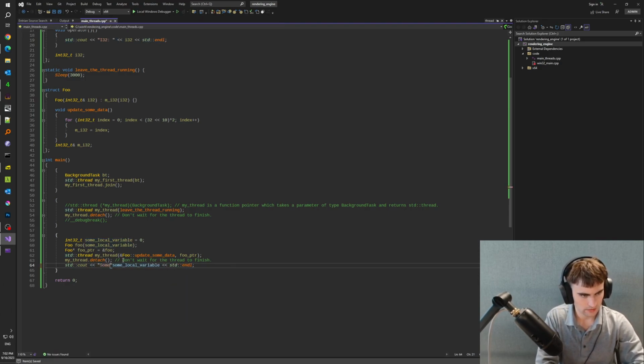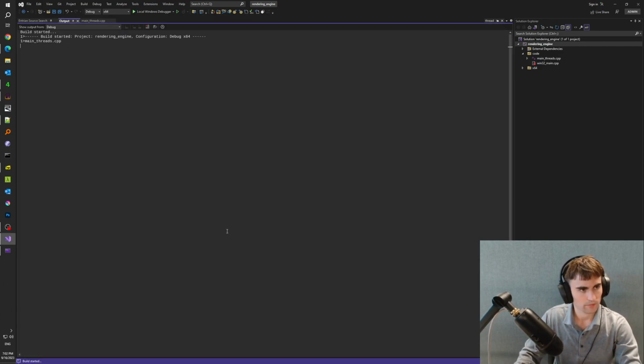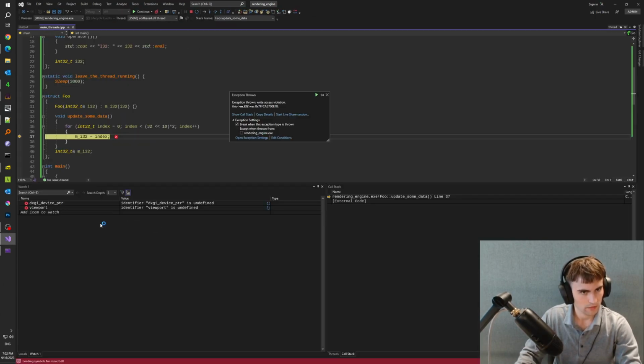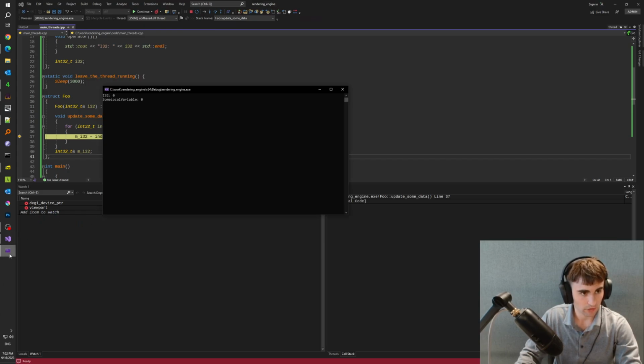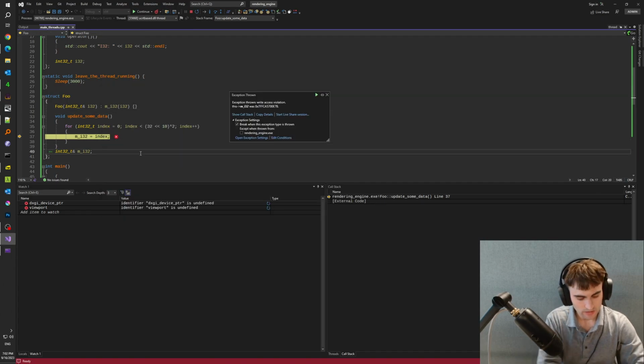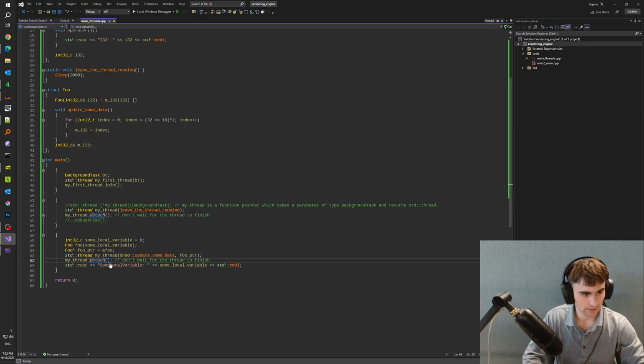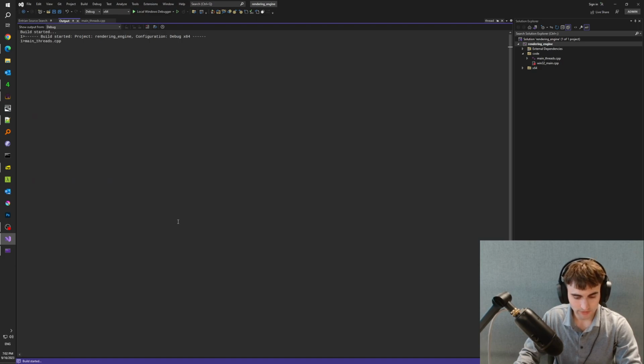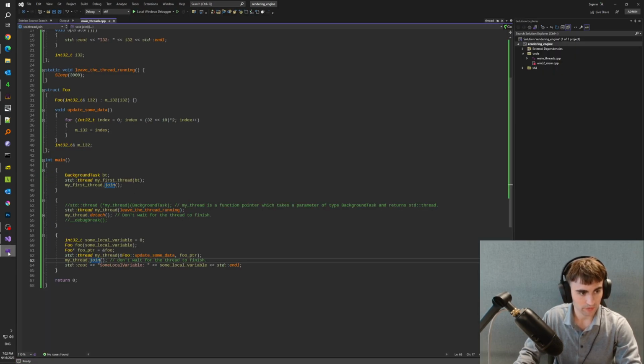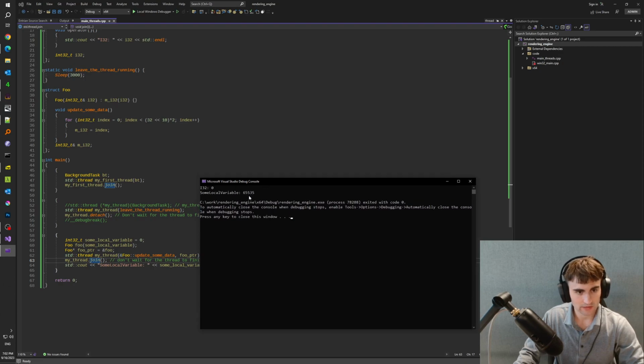Let's see, some local variable. Yeah, okay. That's exactly what I'm talking about. It printed that some local variable equals 0, but if we join the thread, if we don't detach it, we wait until the thread finishes its execution, so the variable will be updated. And if we take a look at this, it's exactly the value that we wanted, which is